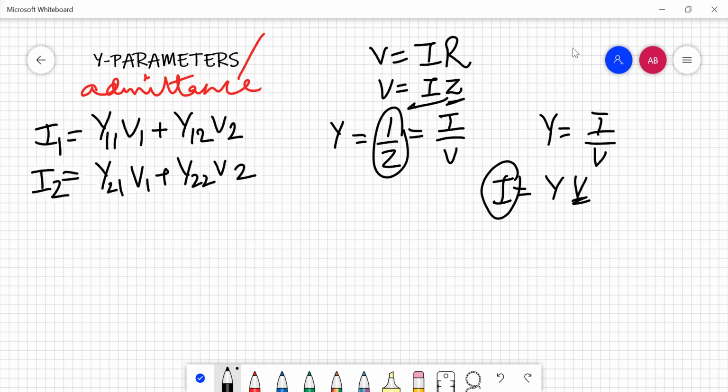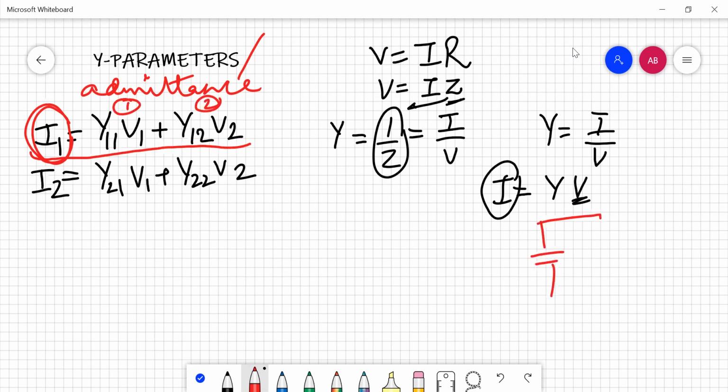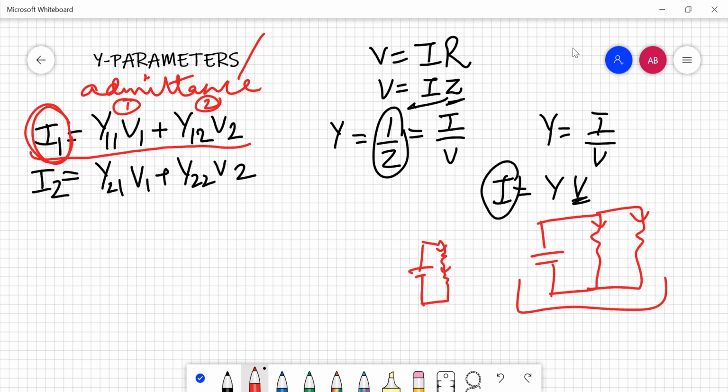So let's first draw its equivalent model. Now just pay attention that this term is equal to this current. That means your current is getting divided into two parts. First part is this and second part is this. And you all know that if I have applied something here and my current is getting divided here, that means the circuit will be in parallel only, because in a series circuit the current remains the same throughout. So the circuit that we are going to draw will be a parallel one when we draw the equivalent Y model.